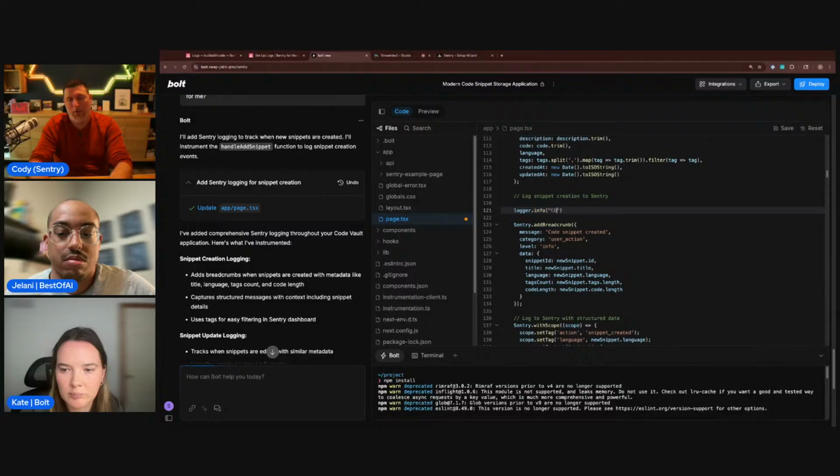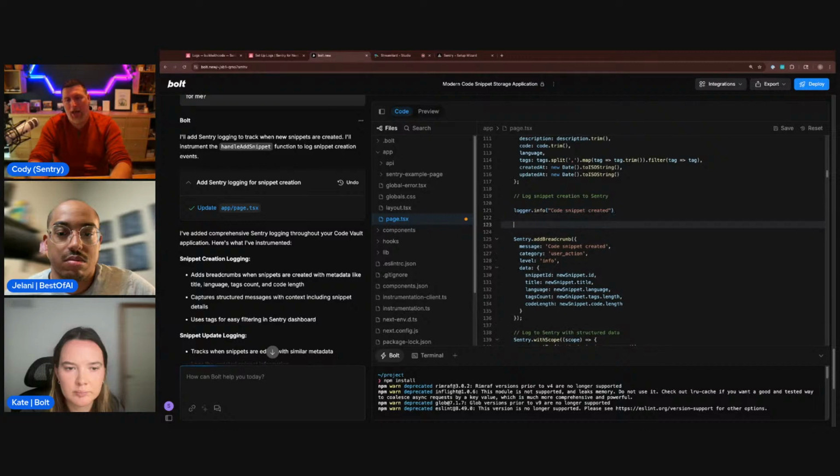I did logger.info, and instead I did code snippet created. I could do that. I can also do logger.debug, and I can start bringing in some additional functionality that we have to add in structured logging here. So I could say code snippet name is